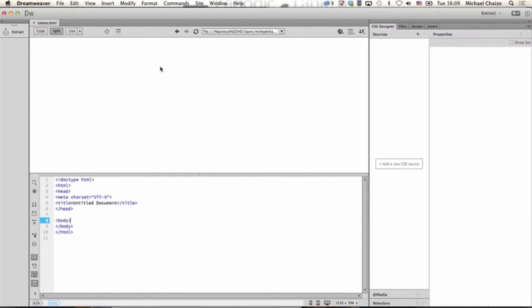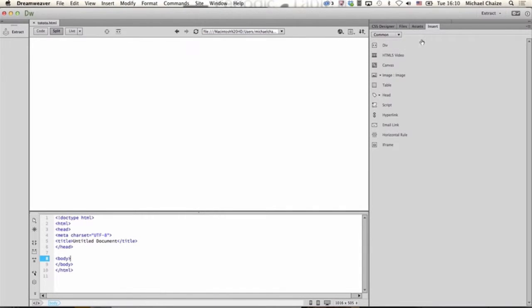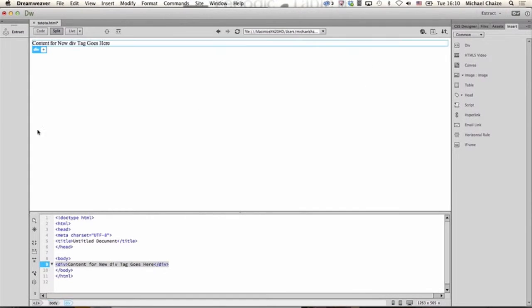You should be able to do anything in the live view, which introduces a great new way of working, because usually we go back and forth from the code or the design view and then the live view, or with a browser. You have the live view here. Eventually you can display the code just to check what's happening. There is the classic insert panel. So let's start with something. Okay, a div,